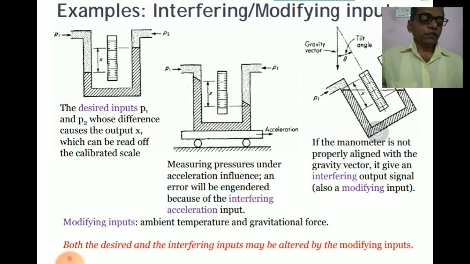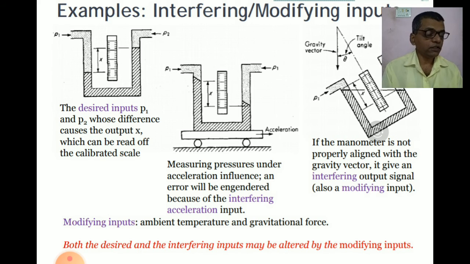Okay, then next, a change in ambient temperature changes the value of the density of the mercury, rho m. The value of the density of the mercury gets changed due to the change in ambient temperature. So for that, again we have to introduce a proportionality factor. Okay, so we have to change the input-output relationship for the modifying input, and therefore the proportionality factor relating the input with the output is changed.